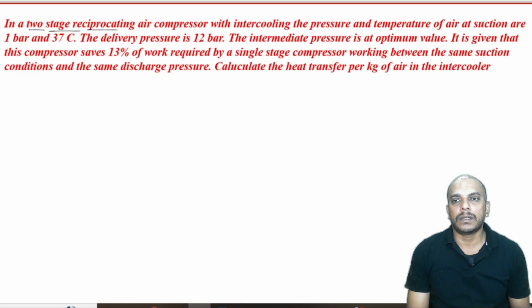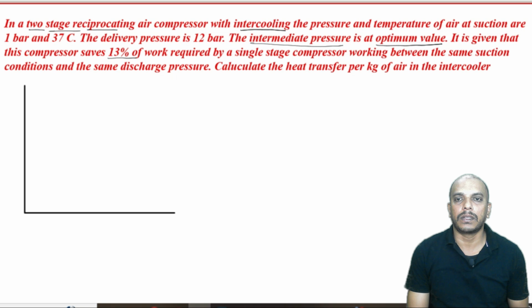So, we can draw a PV diagram for two-stage reciprocating air compressor, but let us see whether we have a clearance volume or not. With intercooling, there is intercooling. The pressure and temperature at suction is given. Delivery pressure is given, intermediate pressure is given as optimum value. It is given that the compressor saves 13% of work required, working between same suction and discharge pressure. Calculate heat transfer. So, that means this is a problem of multi-stage air compressor, but however, there is no